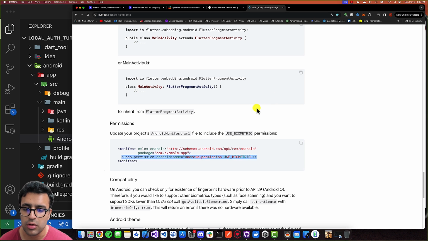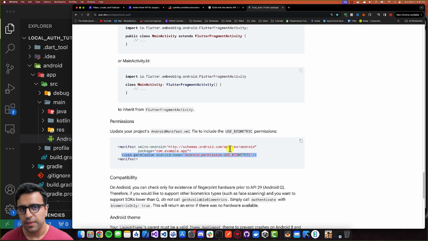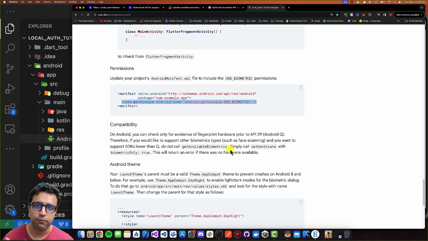And that's all we had to do. So with this done, the last thing that I'd like to let you know is that if for some reason you'd like to test whether the device has fingerprint capabilities on it, then you'll have to target API 29 or higher. The thing that we're going to be doing is basically allowing the user to use whatever biometric authentication that's available